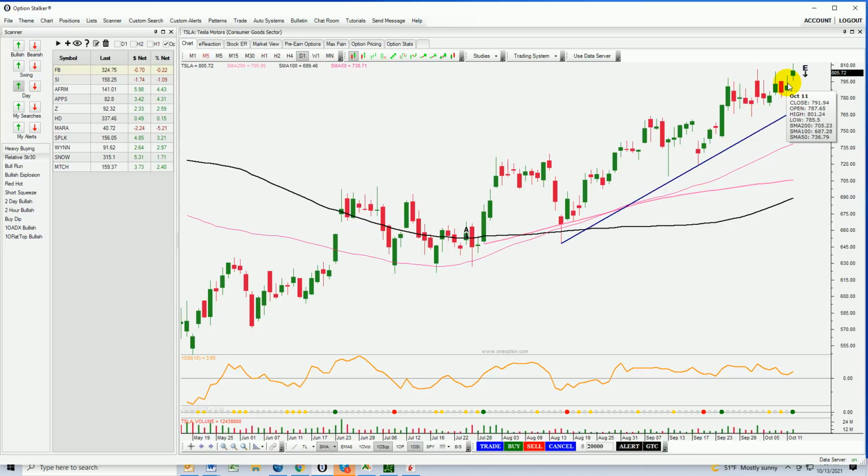You can see this breakout through horizontal resistance and the fact that the stock wants to move higher when what? When the market is heading lower. Stock moving higher, market moving lower. If there were profit takers in this name, this market decline would give them every reason to take profits on Tesla. But that little selling pressure and those people that would be lightening the load on Tesla are more than offset by the people who want to buy, gotta have it now. And that tells you that as soon as the market finds a little bit of support, whoosh, long green candle, hello,